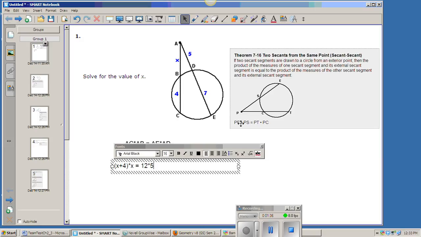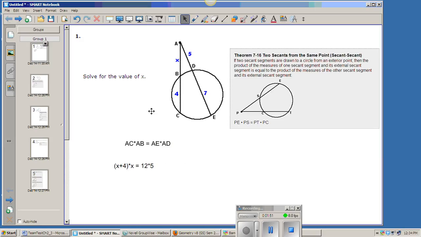So when they say this segment, if you read in here, it says if two secant segments are drawn to a circle to form an exterior point, then the product of the measures of one secant segment. So it's just the length of that segment. That's what AC means, the length from point A to point C. You can get that just by adding together those two parts. And now you can solve this